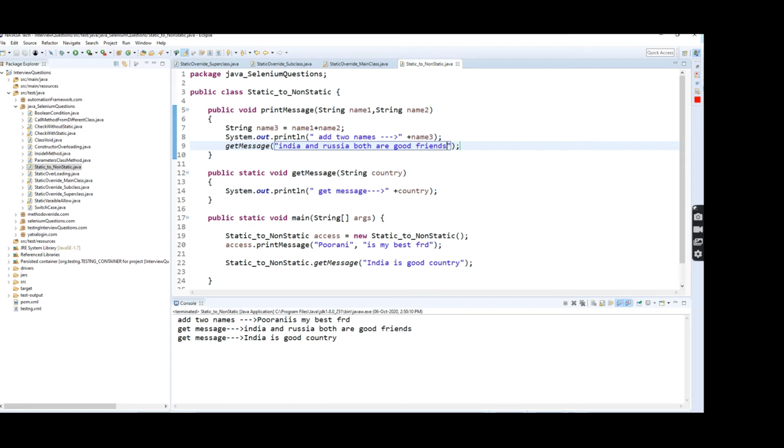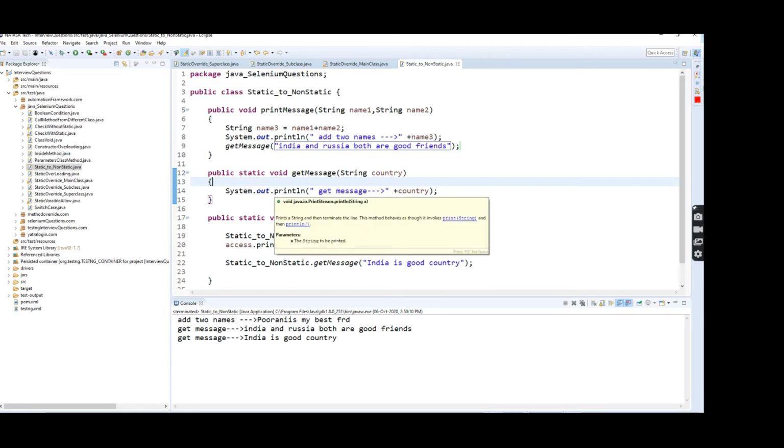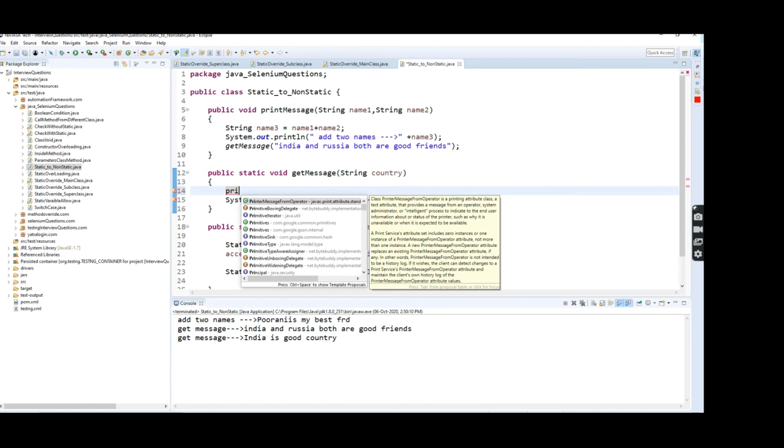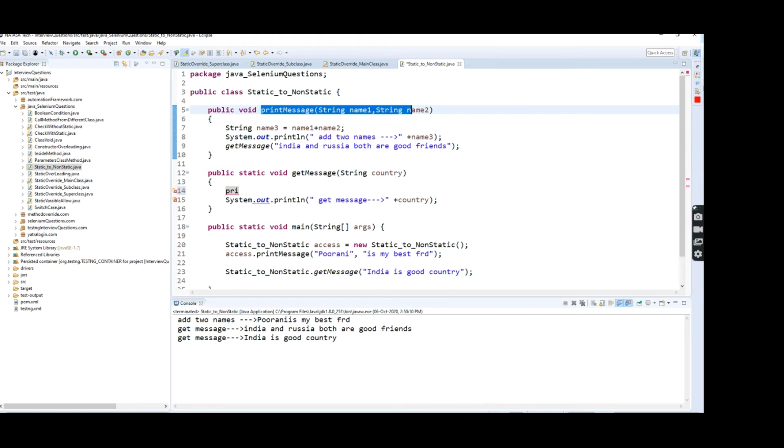In the same way I'm going to call the non-static method inside the static method. Let's see whether the static method can access the non-static method or not. What is the non-static method name? Print message. Control space bar. It won't give any suggestion in the list of method names, but I want to print these two values, Kali and Purani.